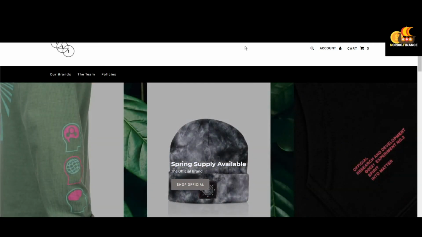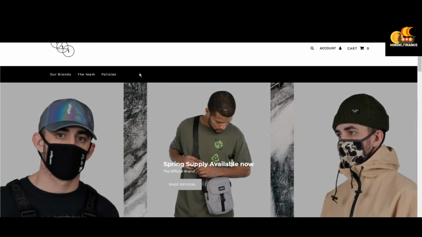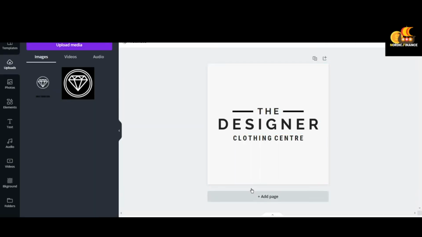So that kind of brings us to the end of the basics of web design. Now we're going to go into Canva and go over some ways on how to make logos like this and how to brand your images to make them look really nice and professional. So here we have just a base Canva logo design that has just been put in